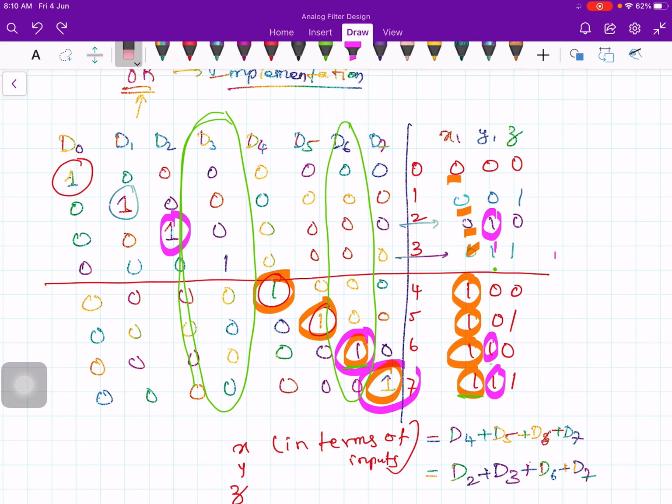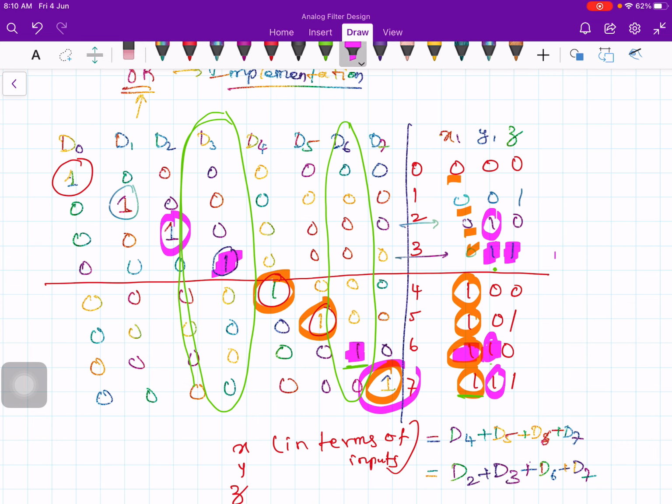Okay. Now if you press D3, this one, now this is 1 and this also 1. If you press D6, this will be 1. In this case, these two bits are 1. And this combination is 1 and this combination 1.